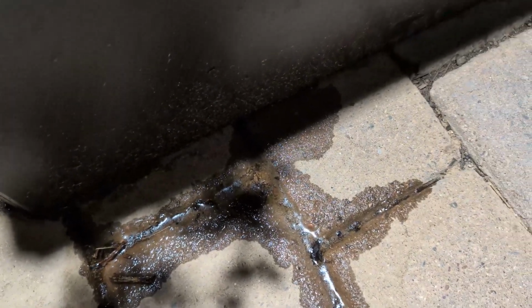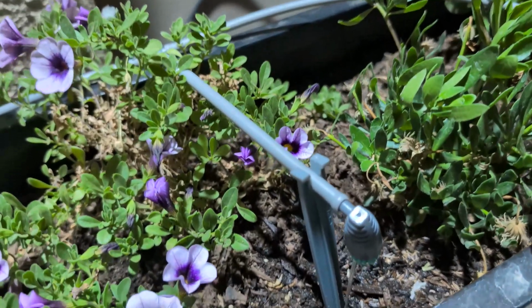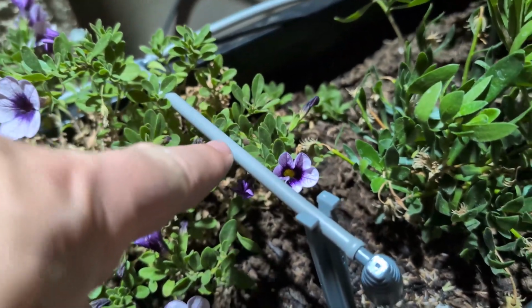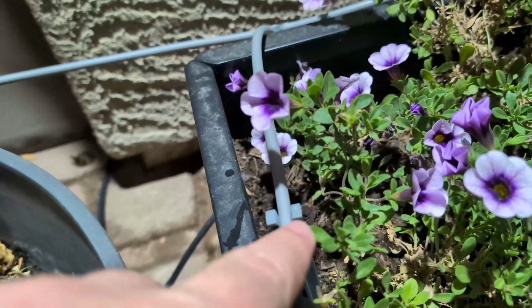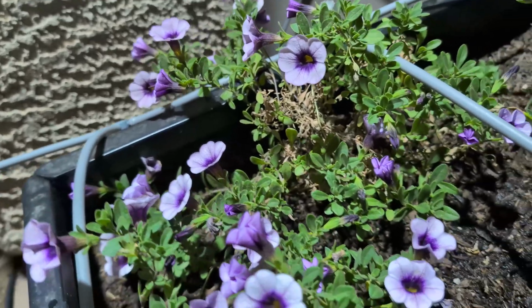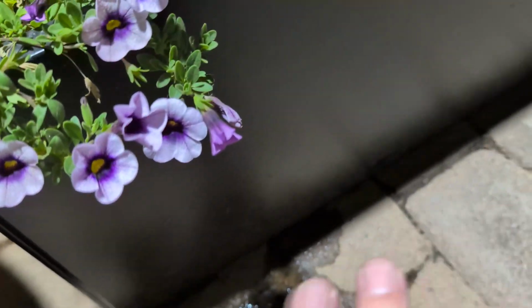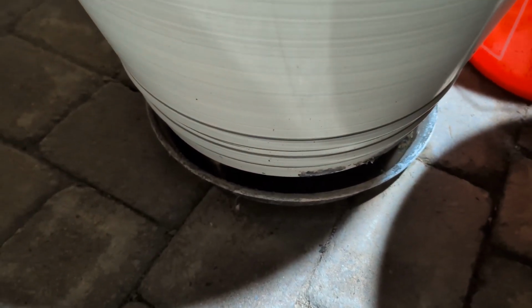We even got so much water that there's a little bit coming out of the bottom here. So yeah, I might need to make a little adjustments and get this a little more towards the center. Might need to shorten this one here. Maybe the same with this one here. Maybe get it going into the middle, because I think if it goes to the edge, the soil's not as compact and it kind of leaks out of the bottom there. I could also put a base down at the bottom of this too. That's what I did on these pots. I put a base there with some bricks, so any water will just sit down there at the bottom. But we got it working